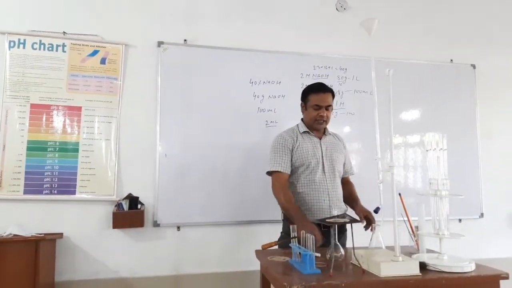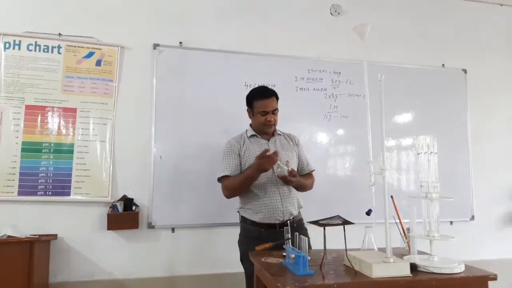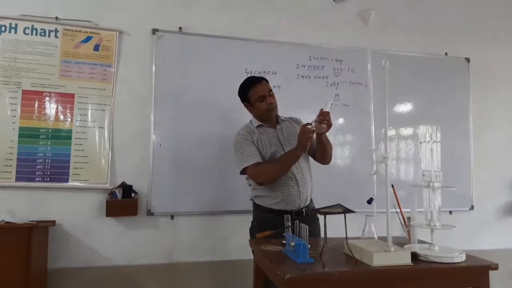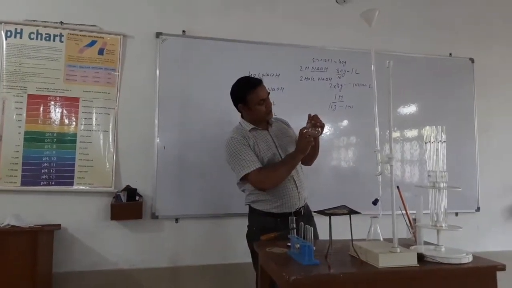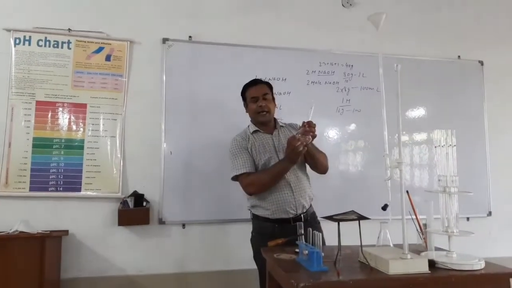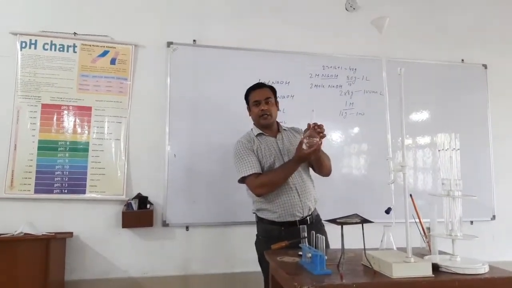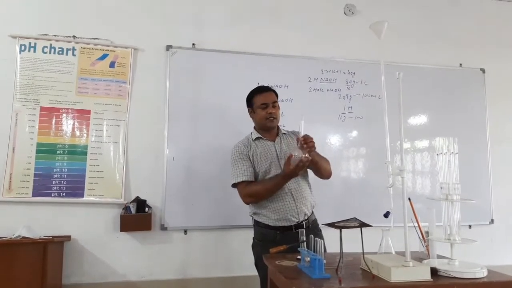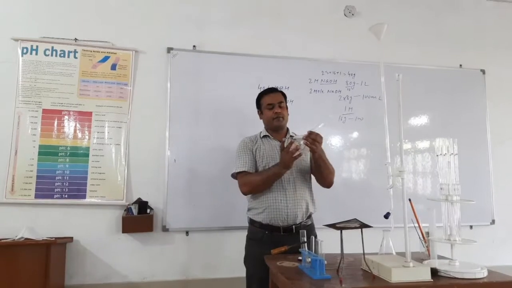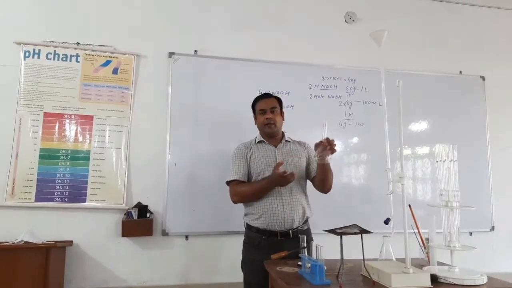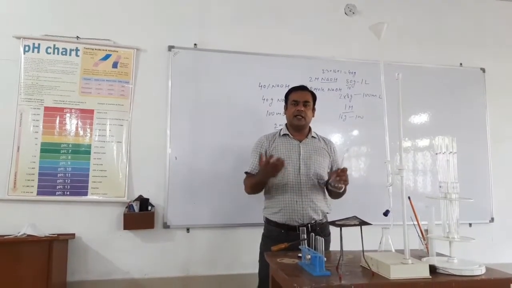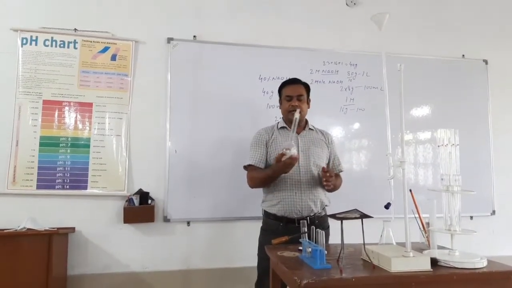Now we come to the standard flask. This one is the standard flask. You can see something written here: 250 plus minus 0.3, 27 degrees Celsius. This calibration information is written here on the standard flask. This one is a standard measuring flask of 250 ml. It also comes in 100 ml in our lab. So a 100 ml standard measuring flask is there.